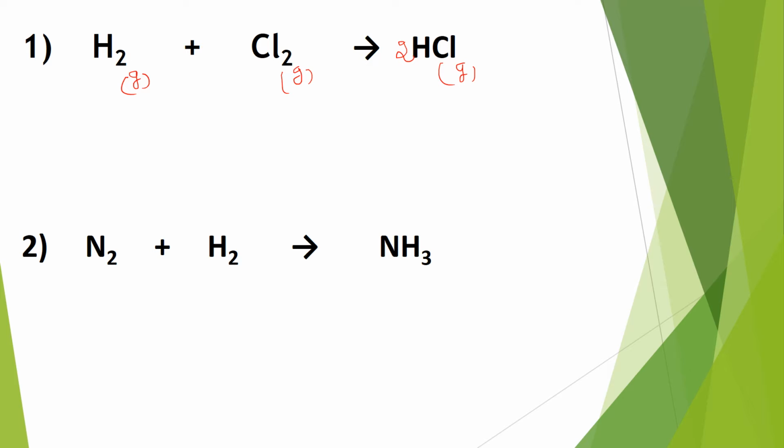And the second one is nitrogen, which is a gas, combines with hydrogen, which is again a gas, to form ammonia, a gas. Now I told you already that if some of the atoms are 3 on one side and 2 on the other side, you have to multiply both the numbers. 2 into 3, how much is it? 6. So on both sides you have to make it 6. So in front of ammonia you write a 2 and in front of hydrogen you write a 3. Now it is balanced. Hydrogen has become 6 on both sides. Now let us see some other examples.